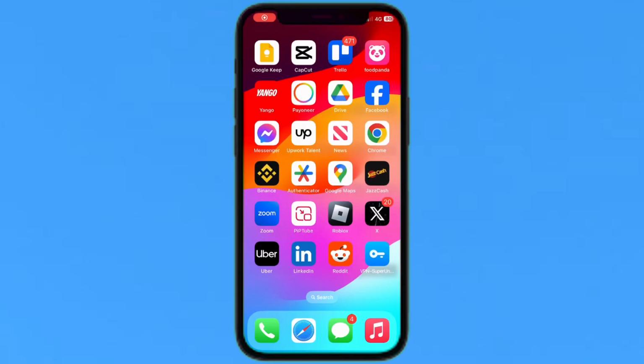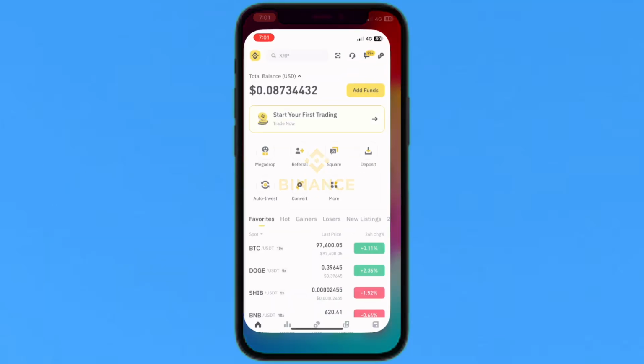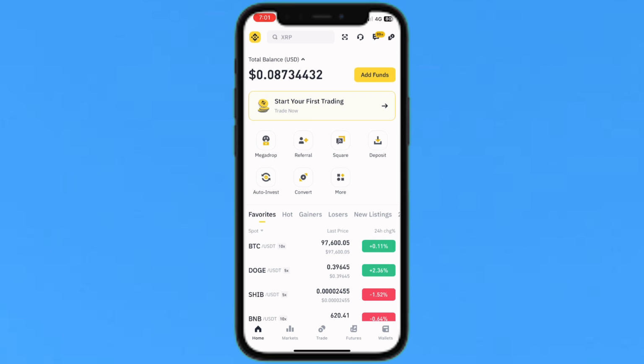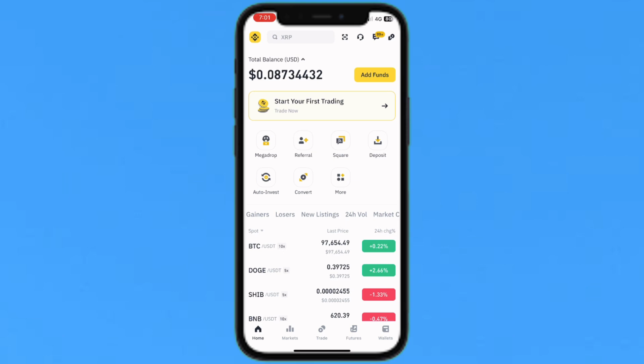Hello everyone, today I'm going to show you how to explore new tokens on Binance. So I will just tap on my Binance account and officially log in, and below the dashboard you will see there is the option, New Listing. So I will just tap on this New Listing, and inside the New Listing here are the latest tokens generated